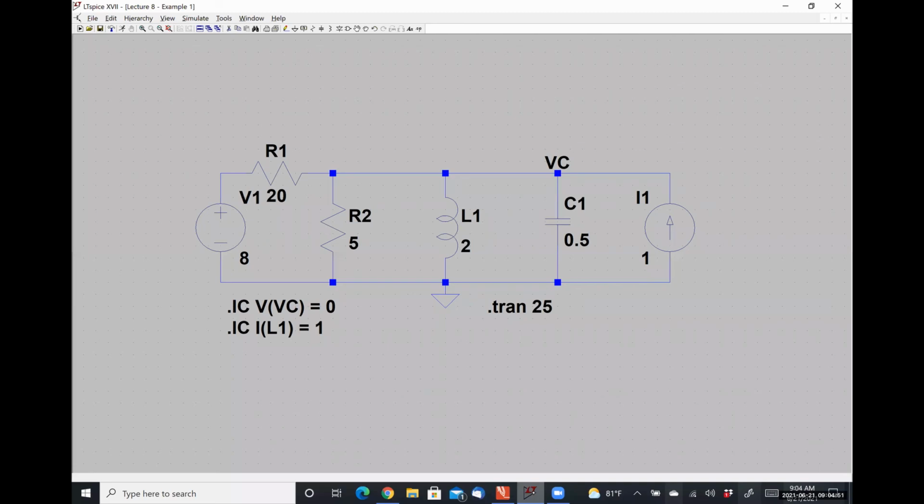So I always arbitrarily choose ground to be the negative polarity terminal for my capacitor so that I cannot make a mistake. All right, I have set this up to run for 25 seconds. I chose that value because I know that this is decaying with an alpha value of 0.25, so that means roughly every 4 seconds. If I were treating it as a time constant, I would have a time constant of 4 seconds, and so I'm running for over 5 time constants to make sure that it fully decays. So if I run this simulation,